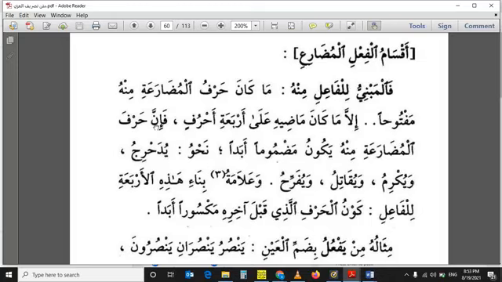So the normal thing that we know for converting a past tense verb to a mudari is that our harful mudara should have fatha. However, there's an exception to it in the 4 lettered verbs. This has already been treated before, but we are revising. The only exception to that is our 4 lettered verbs, whose harful mudara would always start with dhamma. Nahu, for example, yudahriju, wa yukrimu, wa yuqatilu, wa yufarrihu, wa alamatu bina'i hadhihi al-arba'ati lil-fa'il